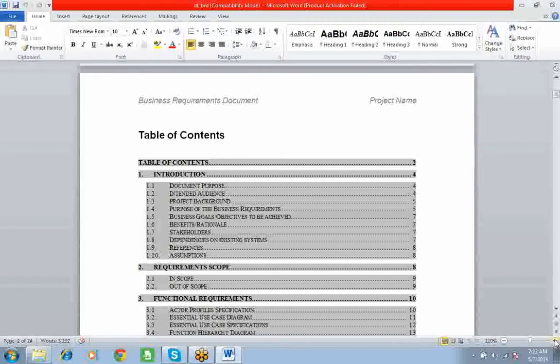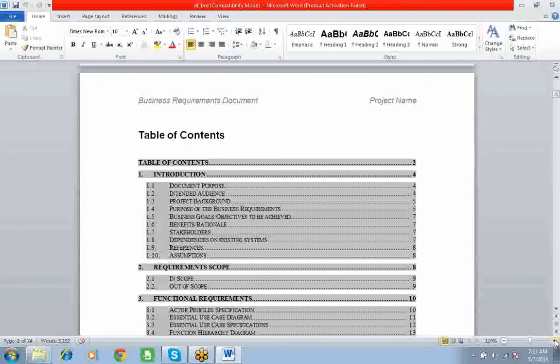Next one is, because see, technical people will read all these things. When they read all these things, they will get an idea. Okay, so this is the goal, this is the objective. So now you are designing a Facebook. So at the end of the day, Facebook should be so and so, and it should give so and so result. The technical people understand that beforehand. Okay, so we are designing so and so project. So the output should be like this, or this should be the purpose. Then they will easily understand the things. Correct? That's what we are trying to help with by this document. That's it.